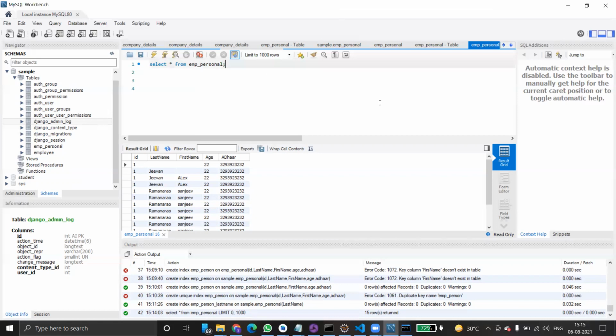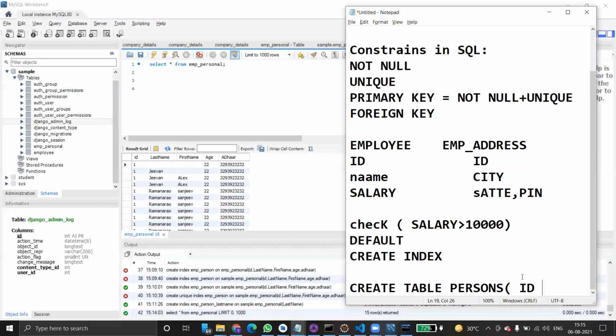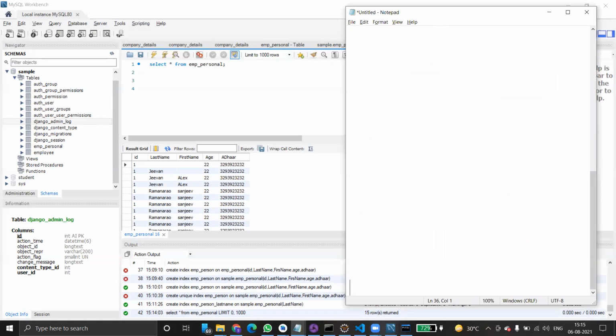Yeah, we'll see views now. Views are also very, very important. How to use views? So what is a view basically? SQL views is a virtual table based on the result set of the SQL statement. Select star from EMP automatically returns the result set.